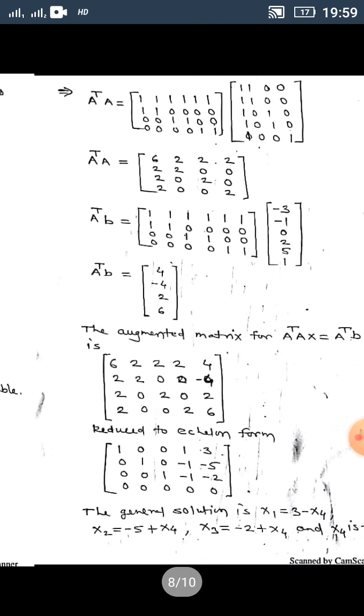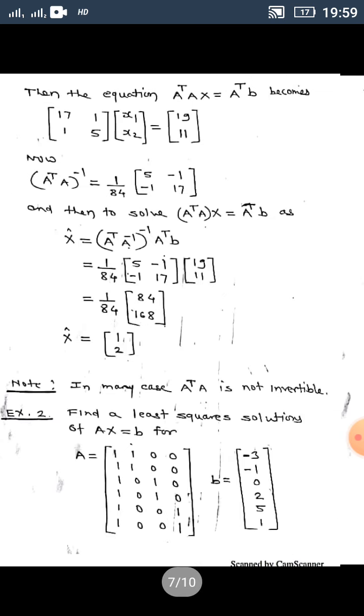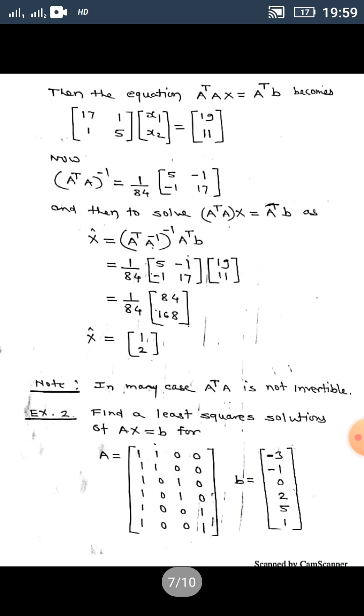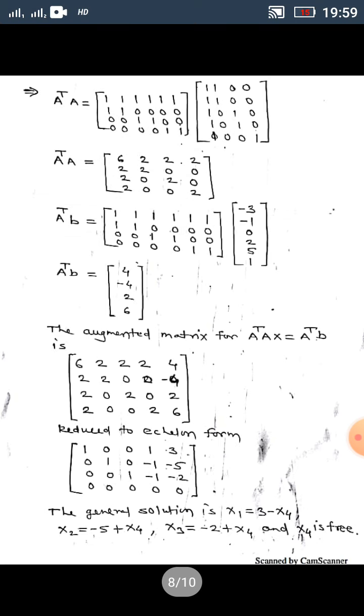Students, here by mistake I have written the 0, that is 1, in the last column, second element, that is 1. So 1 plus 1 is 2 there. Similarly, we multiply second row to first column, second column, third column, fourth column respectively.